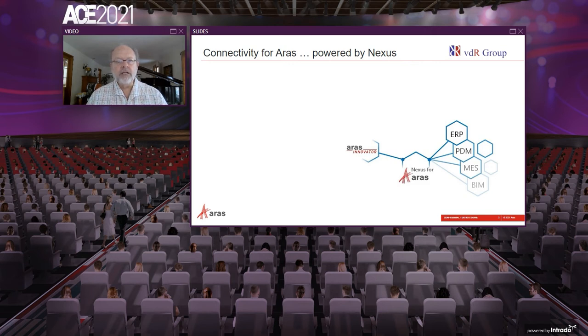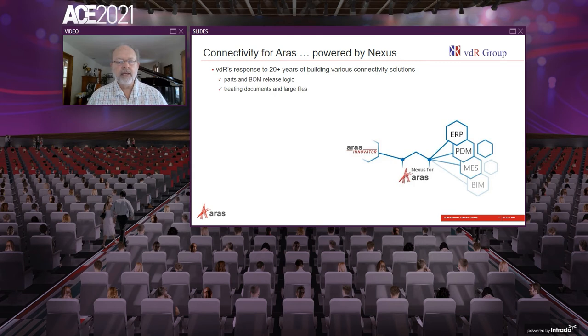So the solution I want to discuss is what we refer to as Nexus for Aras, which, as you can see in the diagram, extends Aras Innovator into the enterprise, being able to communicate with different platforms. This is an outgrowth of our work for over 20 years of building numerous connectivity solutions, and where we've had to treat the issues of part and BOM release logic, right? For those that may have done something like this before, you recognize that these aren't trivial